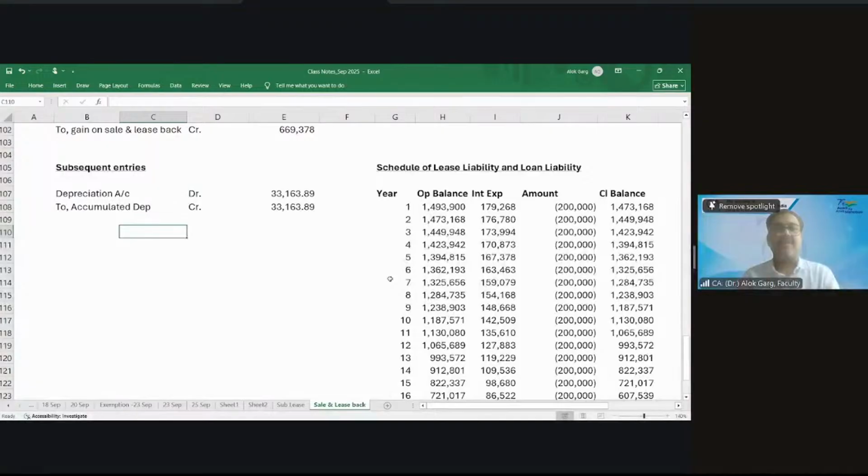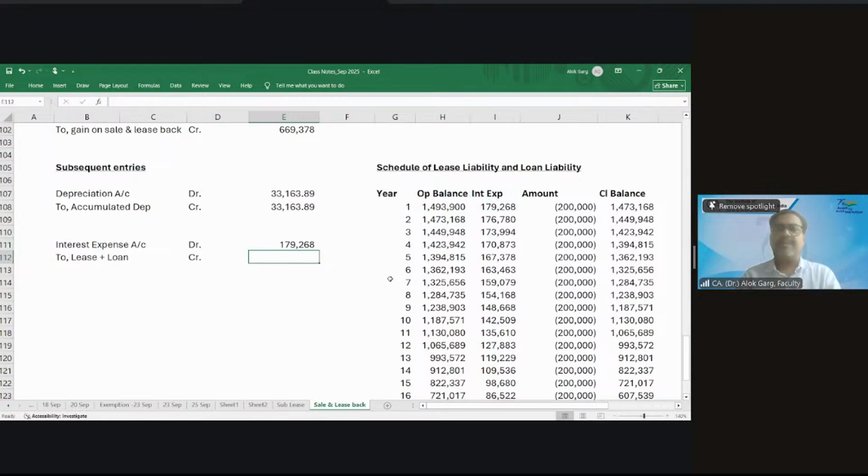Your interest expense is there. So now you have to record the interest expense, on lease liability and on the loan liability, both, right? So interest expense account debit to lease plus loan liability. If you want to split it, Saminathan, you can split it also. You just need to split it in the ratio of loan to lease liability, that is 3 lakh to 11,93,900. You can do that also.